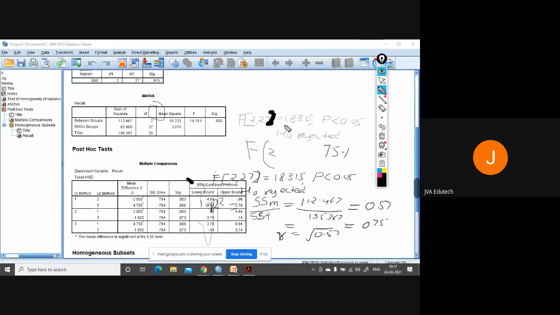So it is like this: omega square, and the formula is SSM minus DFM into MSR, upon SST plus MSR. First, let me remove the other things.